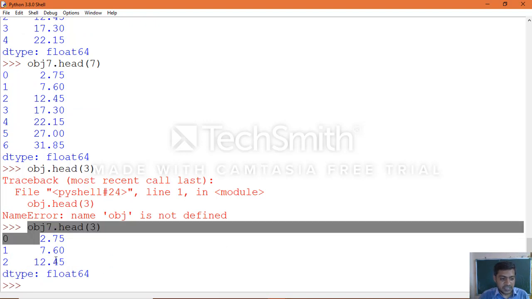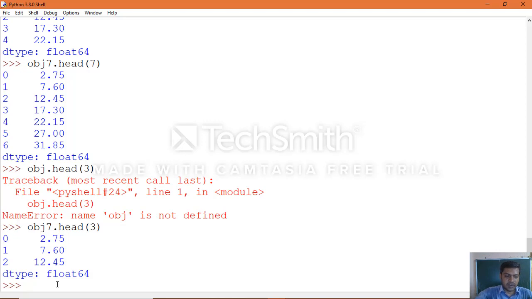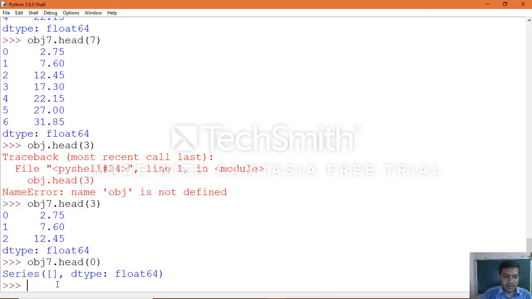By default it represents 5 values, but if you want to fetch fewer than 5, you can pass the n value to the head function, and according to that it will fetch. That is what we call custom values. Let's try obj7.head(0) also. 0 means nothing will be extracted, so an empty series is returned. If you give 1, you get the first one.